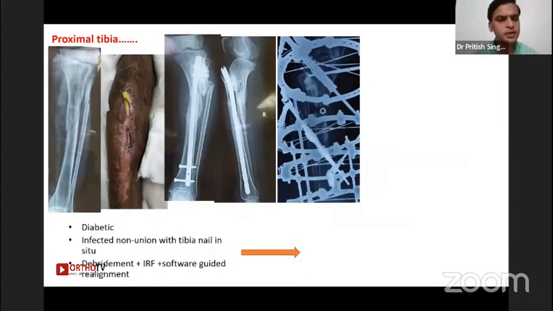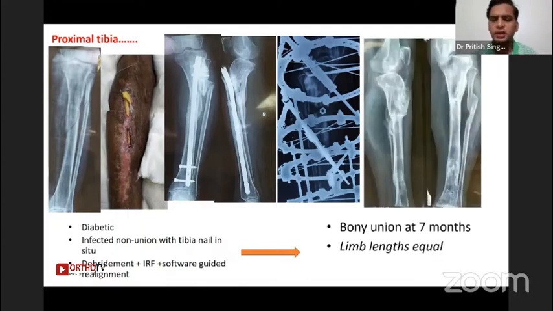A similar case was an elderly female with diabetes. Someone operated on her for an undisplaced fracture of the tibia, and it did not behave in a nice way. There was wound dehiscence, the implant was exposed, and there were multiple sinuses also. So I operated on her with an Ilizarov ring fixator, thorough debridement, lavage of the intramedullary canal, and software-guided realignment. And in the end, it healed.